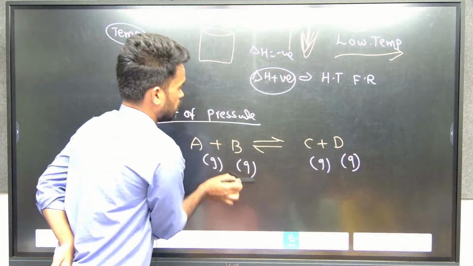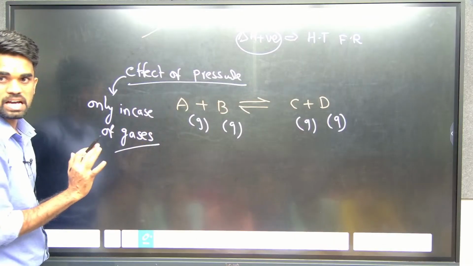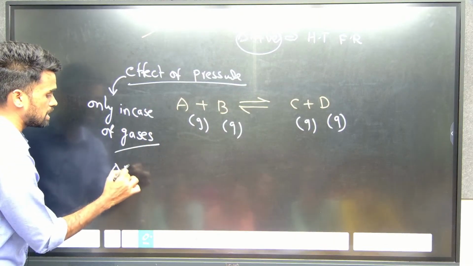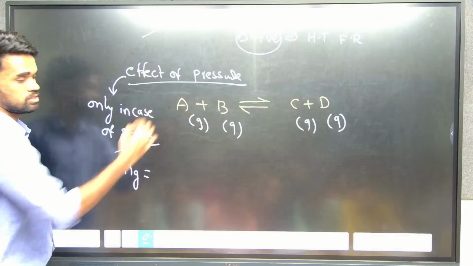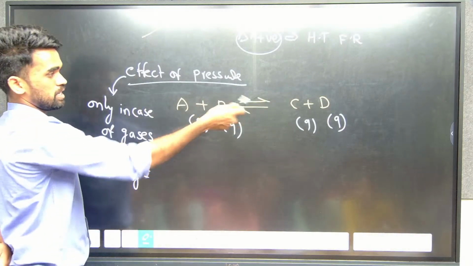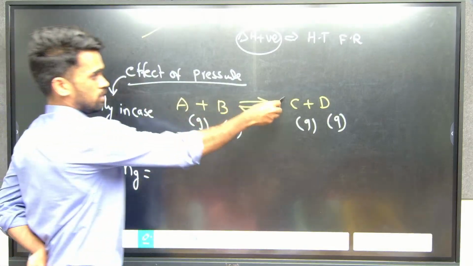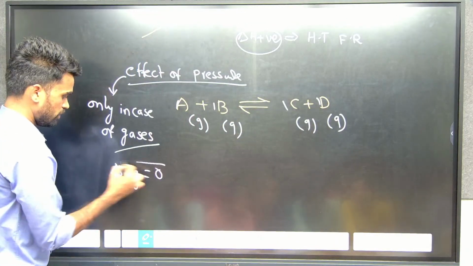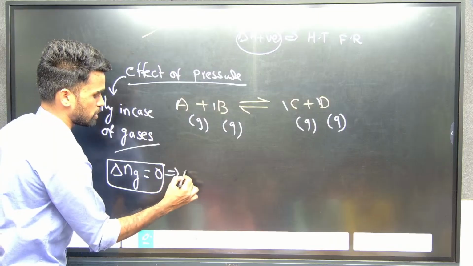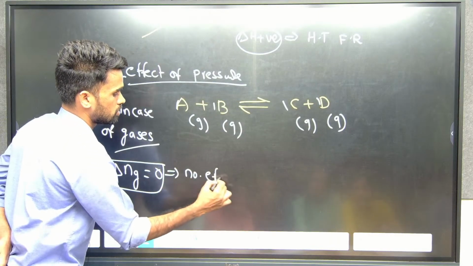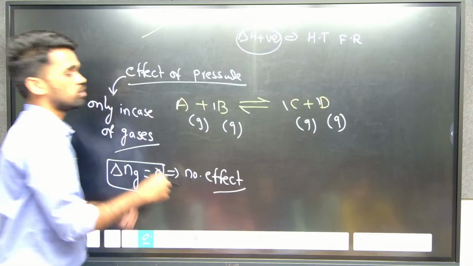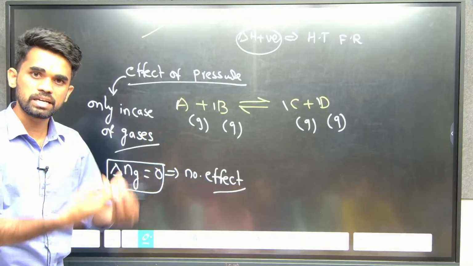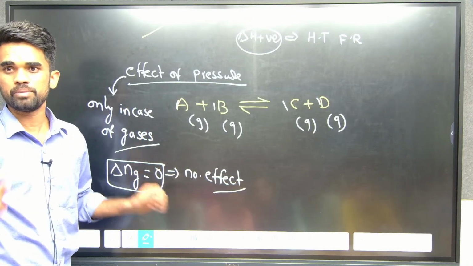Whenever they have given gases, just find delta Ng. What is delta Ng here? Gaseous products minus gaseous reactants: 1 plus 1 minus 1 plus 1, so it is 0. If it is 0, there is no effect of pressure. You can increase the pressure or decrease the pressure, no effect on the equilibrium. But